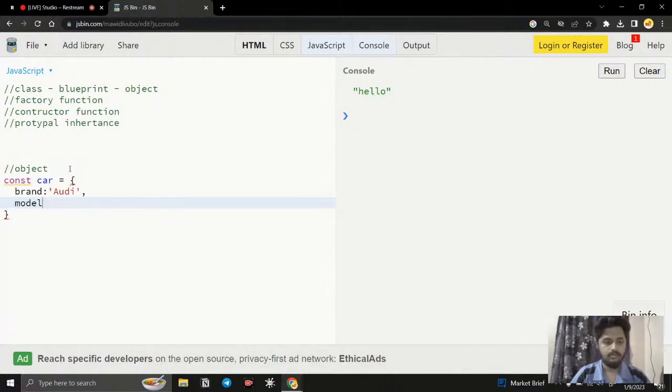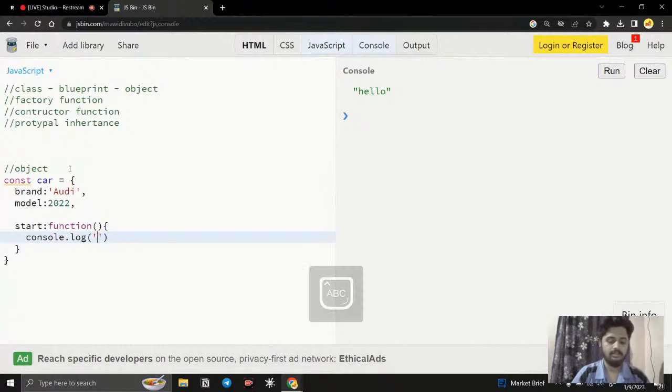Okay, so I just want to give the model as 2022, and here I just want to give a behavior, which means the function. So for example, I just want to start the car. If the car is started, then I just want to give a voice note to the person inside the car. Okay, so what I'm going to do is create a function, and that function is going to log "car starts" in the console,